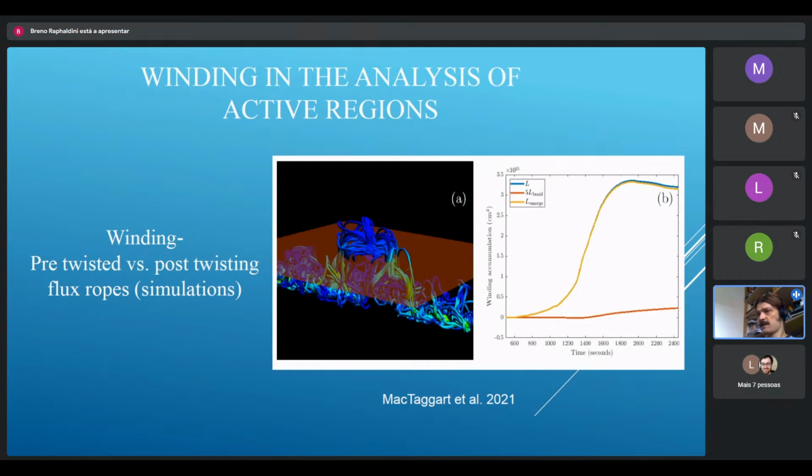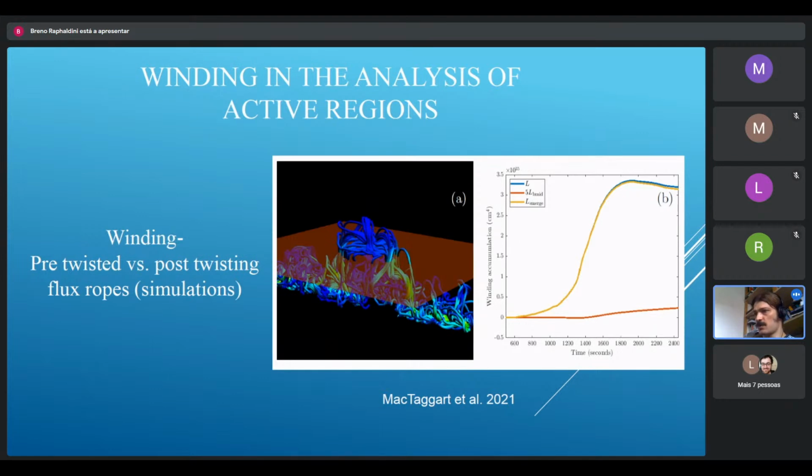So this means that the twisting of the field lines occurs before the emergence in this case. So this is just a test to see if the winding is able to capture this pre-twisting of the